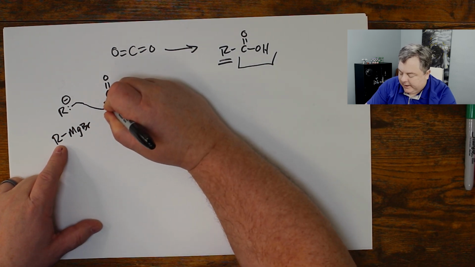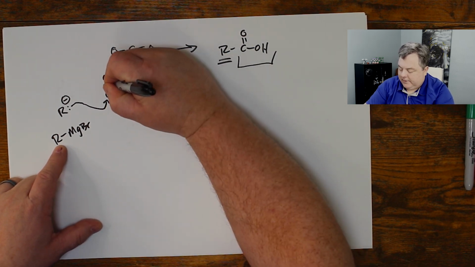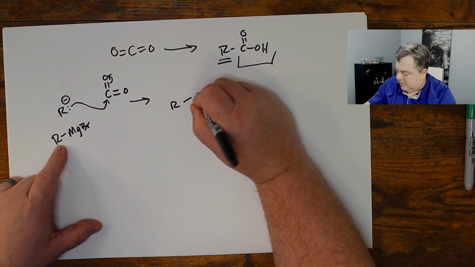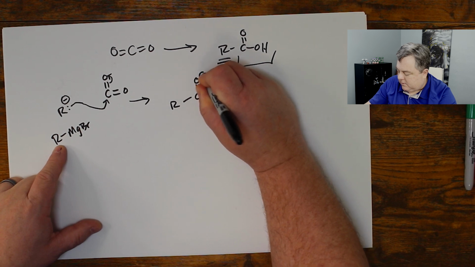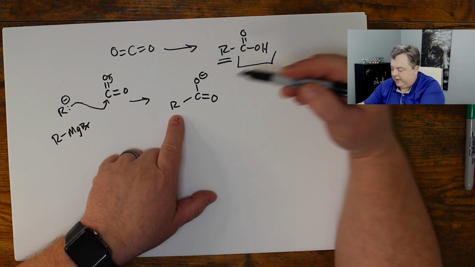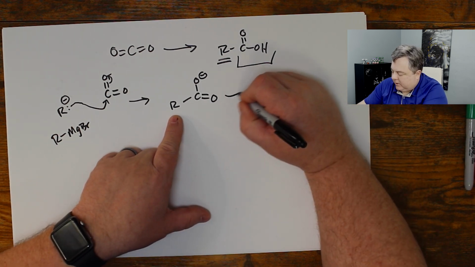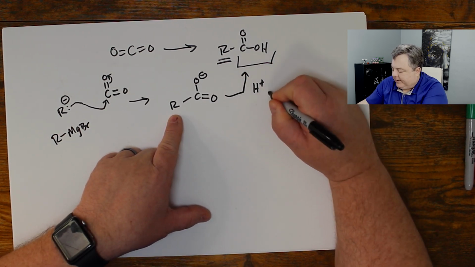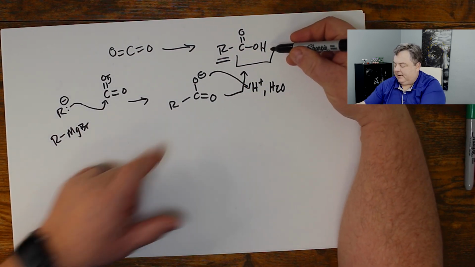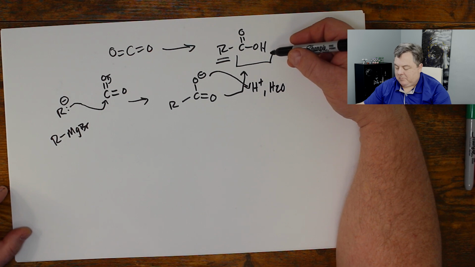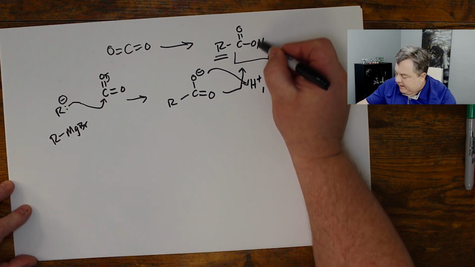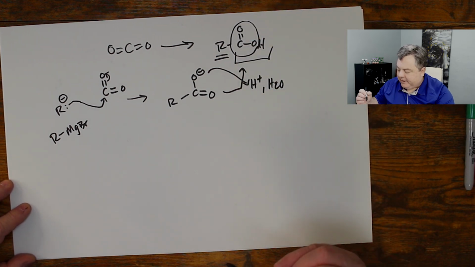We've seen Grignards attack carbonyl compounds. The electrons go up onto the oxygen. So now I have an O minus, a carbonyl, and an R group. Boy, I'm getting very close. All I need to do is add some acid and water. I can grab the H plus, and it becomes a carboxylic acid. Wow, that's super simple. I can take carbon dioxide, which you can see hidden right there in my final carboxylic